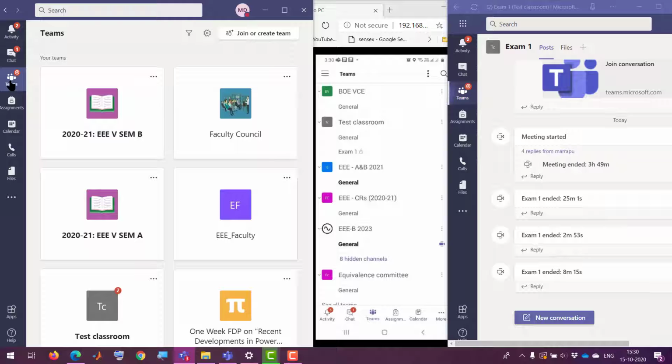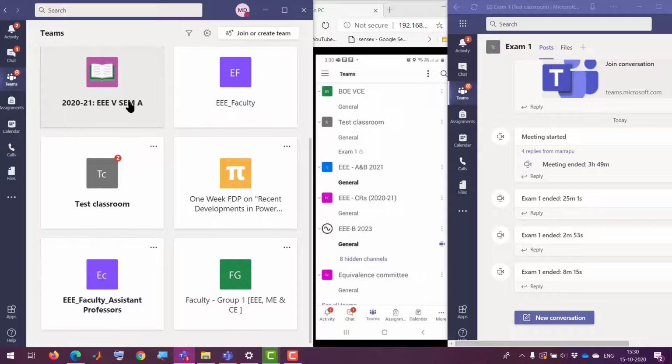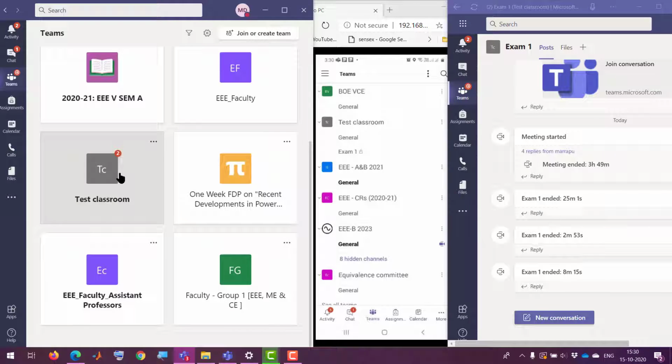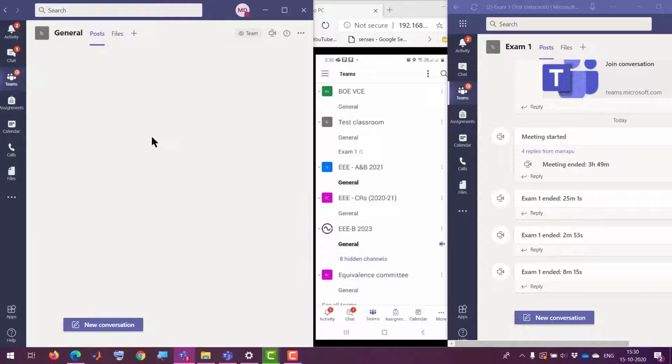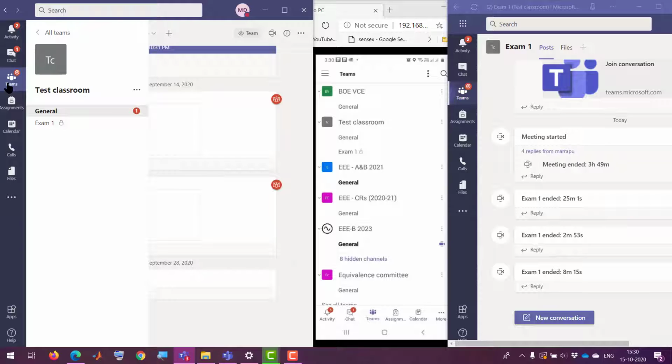What a mentor has to do is log into the desktop app. I repeat, he can only log into the desktop app, not in any browser or any mobile. After logging in, go to the particular team assigned to him. I have created a test team here.